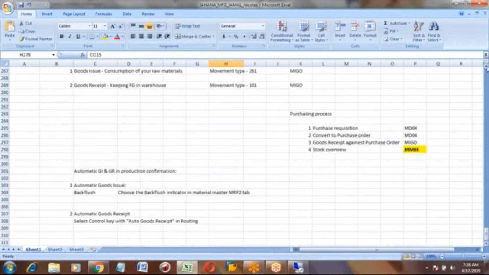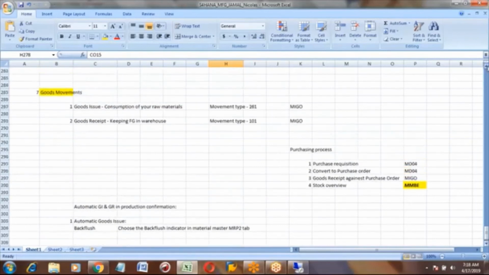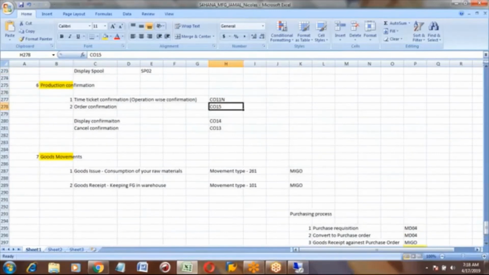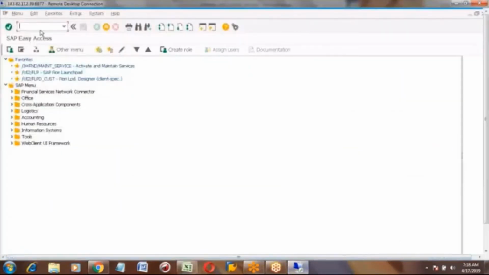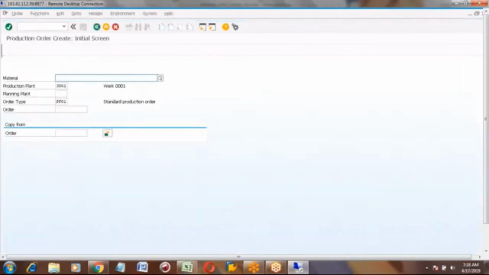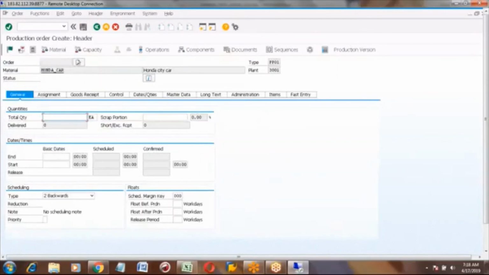Order wise means all operations are confirmed at a time, in one shot, with CO15.